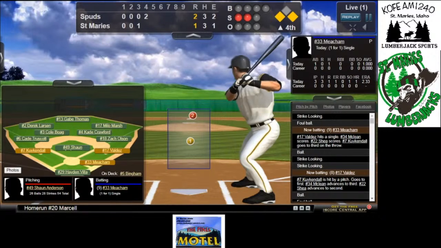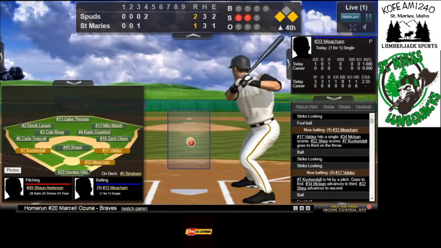So they had to call it a dead ball. They return the runner back over to third. Coach for Moses Lake is wanting an explanation. Doesn't agree with the explanation. I don't quite understand either. I mean, the ball did get passed, so I don't know. I don't exactly understand the whole call there, but